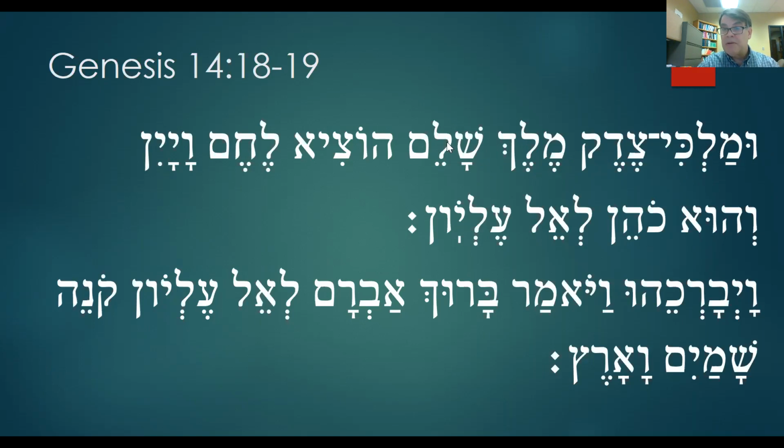kamats, lamed, tsere, a final mem. So this is Shalem, king of Shalem. What is he king of? He's king of Salem. By the way, the consonants here are the consonants of shalom. And of course, Hebrews, like Philo, will interpret that to mean he's king of peace. Okay, Melchizedek, My King Is Righteous is his name. King of Salem. Now, next word.